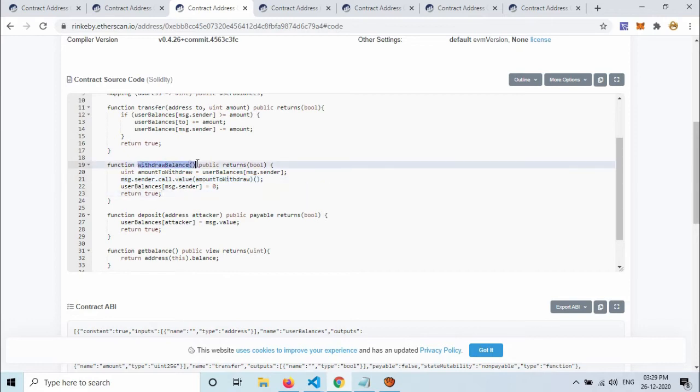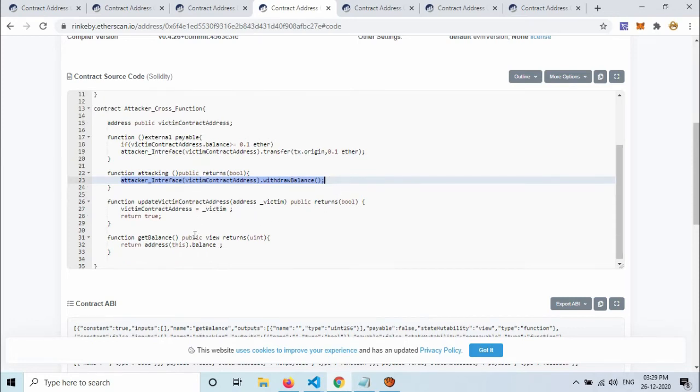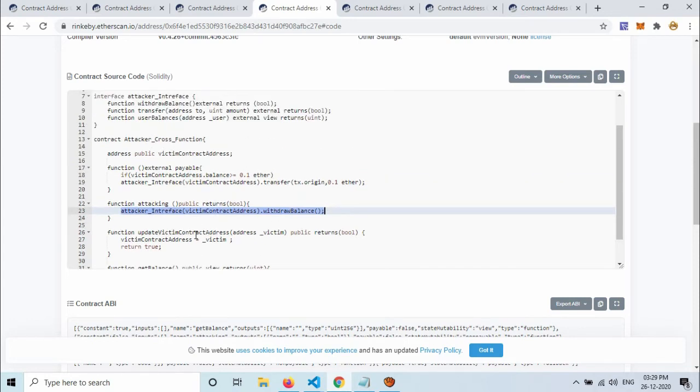This is withdraw balance. This is being called from the attacking contract from line number 23. Now all other functions are just set up to make the correct balance and to connect both contracts.